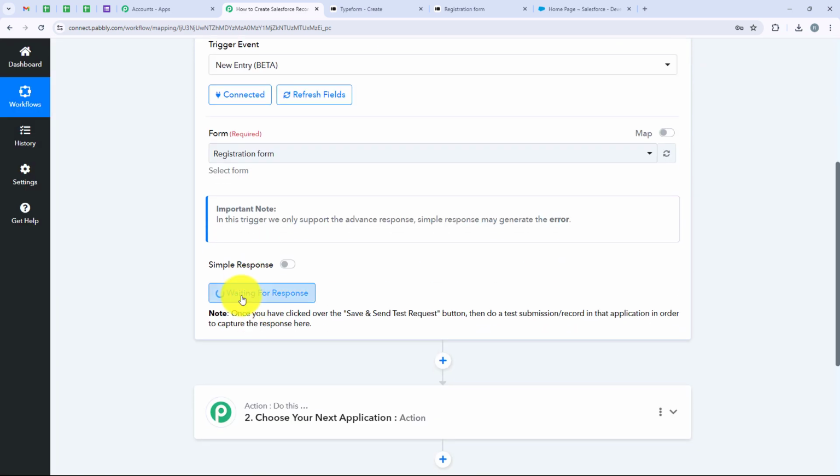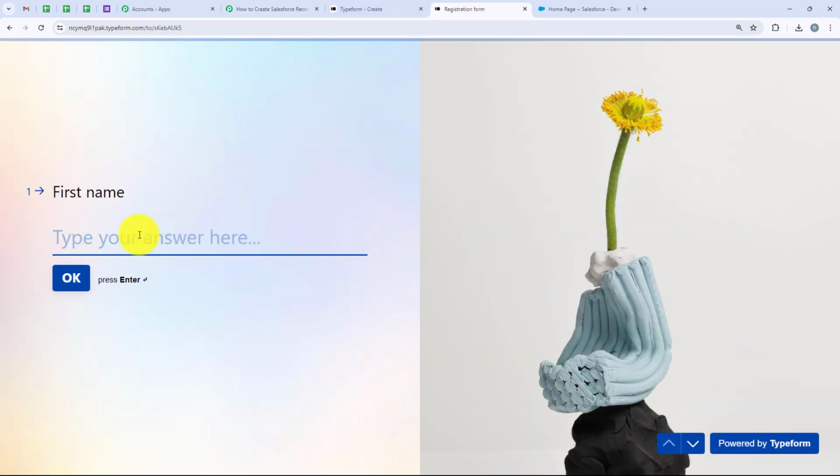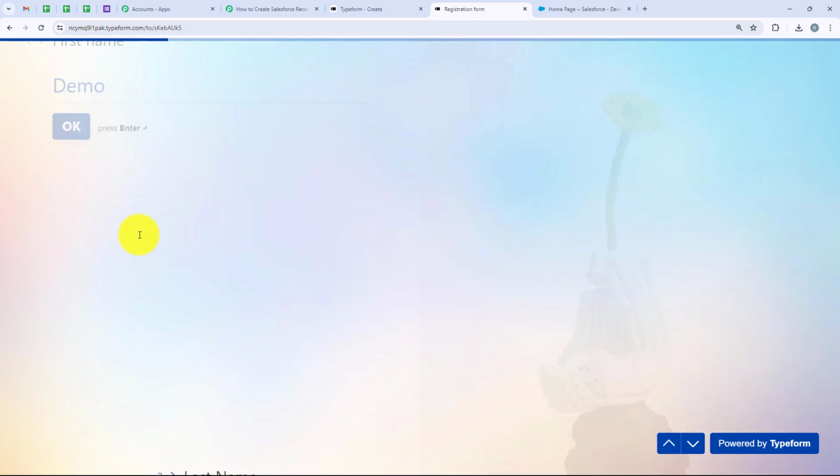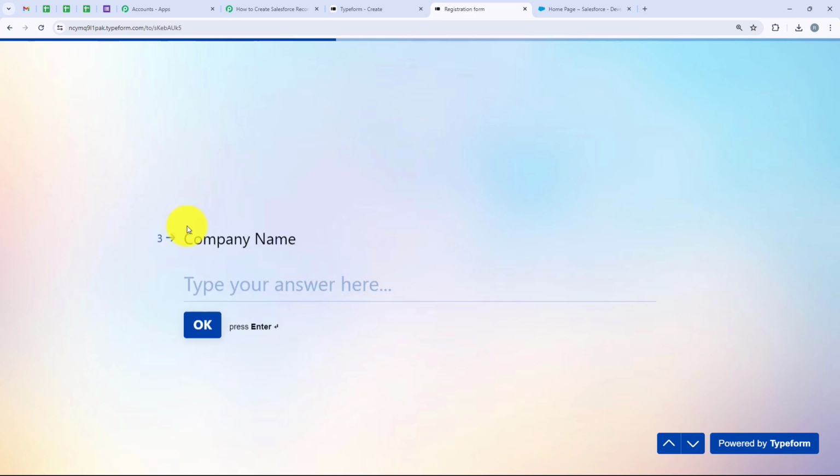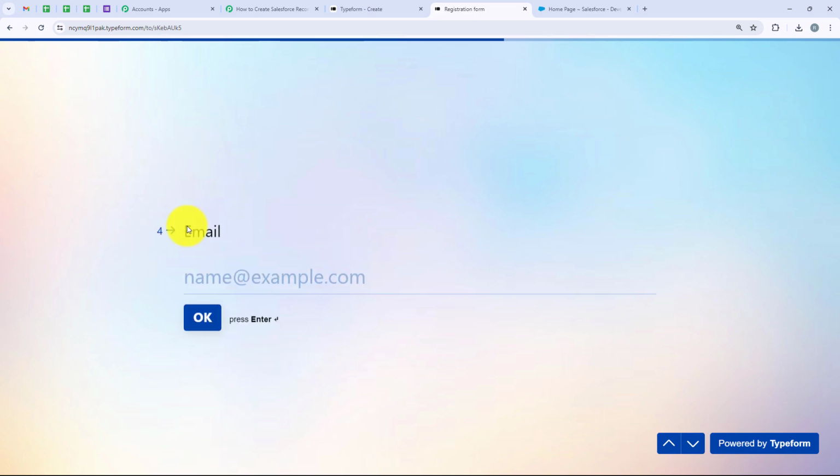And now it is saying waiting for response, and in the notes it is saying do a test submission/record. So we are going to do a test submission in order to capture the webhook response. To do this test submission, we are going to open my form, and then enter the details. The first name as demo, last name as user, company name as Pabbly, email as